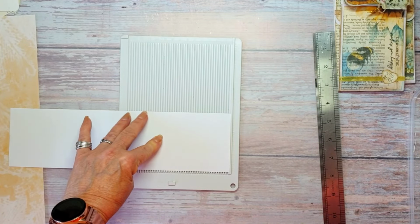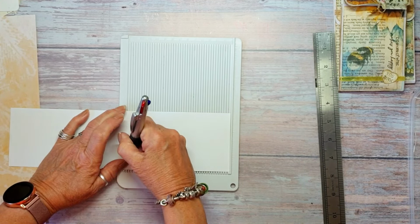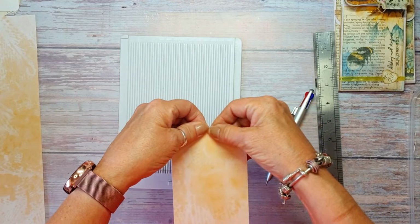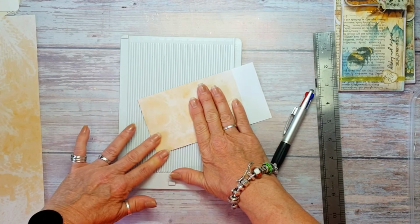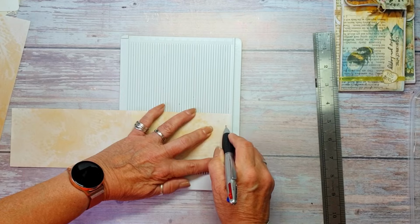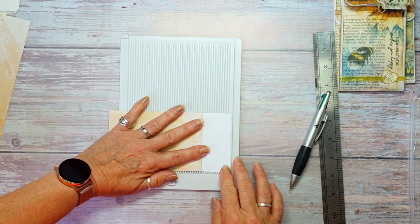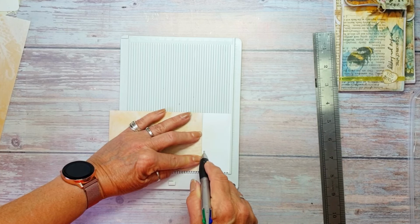And I'm going to use my scoreboard. If you haven't got a scoreboard, just use your... And I'm going to do it to 5 1/4 because I want a lip. I want about a 1/4 inch lip, so I'm just going to lightly crease that down. And then that's at the 1/4 inch, so I'm going to put a couple of creases down